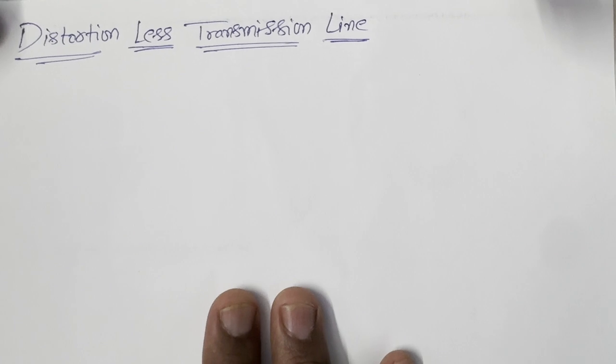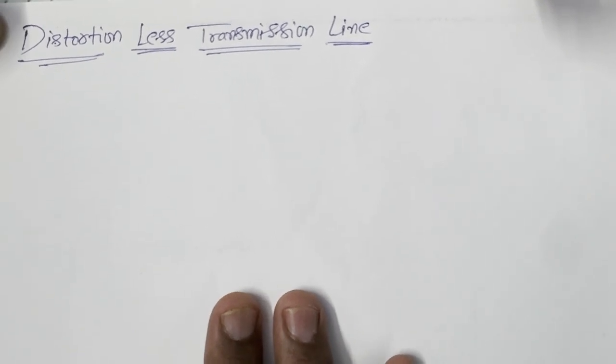Good morning, students. In this section, we will discuss distortionless transmission lines. First, we have to identify the condition for a distortionless transmission line. A transmission line is said to be distortionless if the attenuation constant alpha is frequency independent and the phase constant